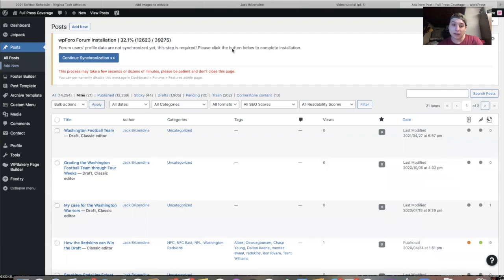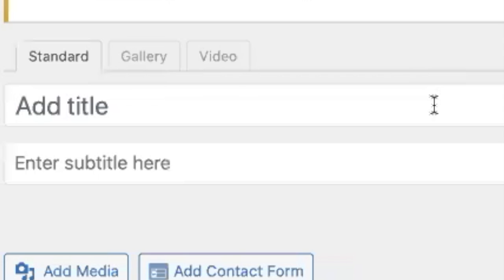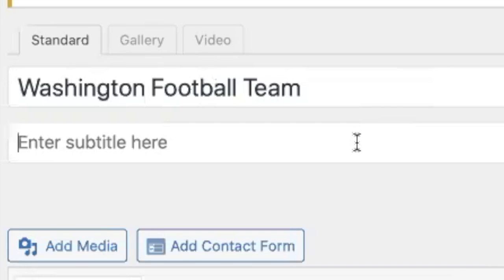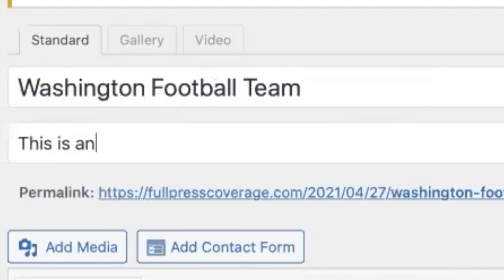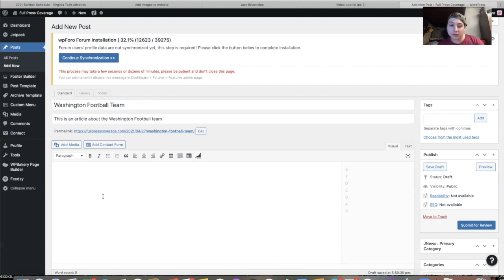So first you go to add new, and you have your subtitle and your title. What you would want your title to be is something that you're writing about. So mine would be Washington football team, for instance, and the subtitle would be basically what's in your article, so readers know if they want to keep reading. So this is an article about the Washington football team. And now you've got those two things down,